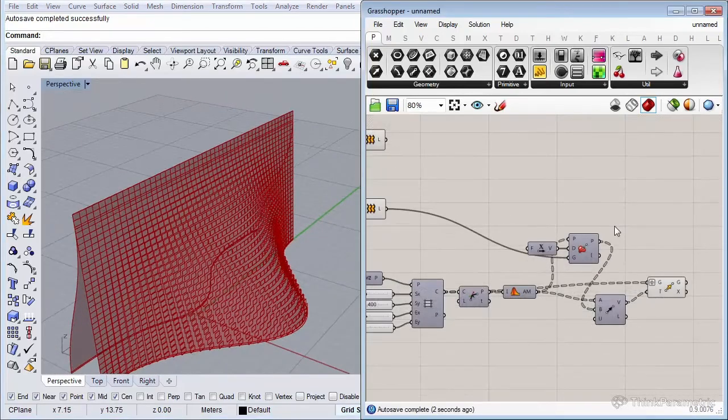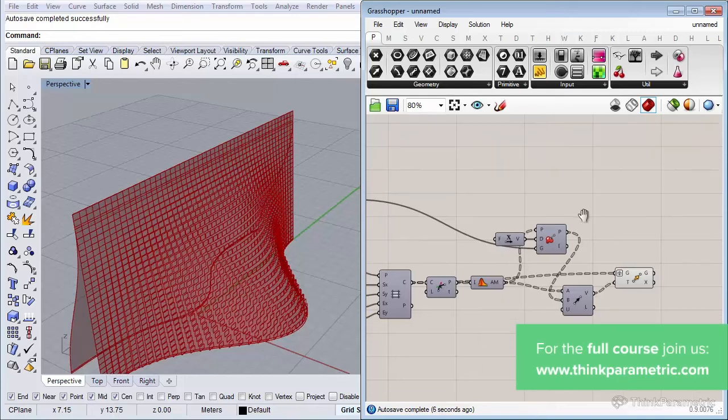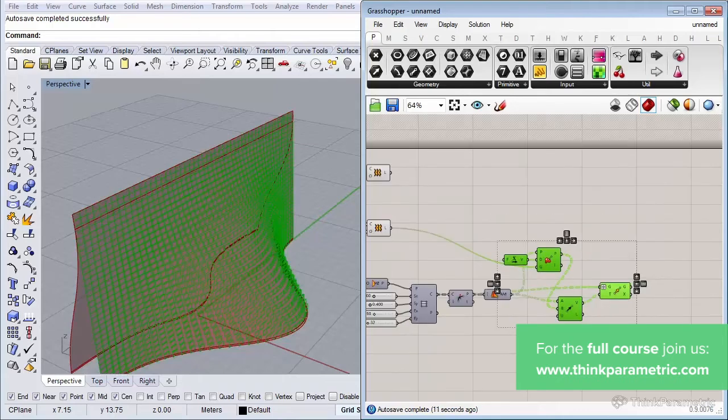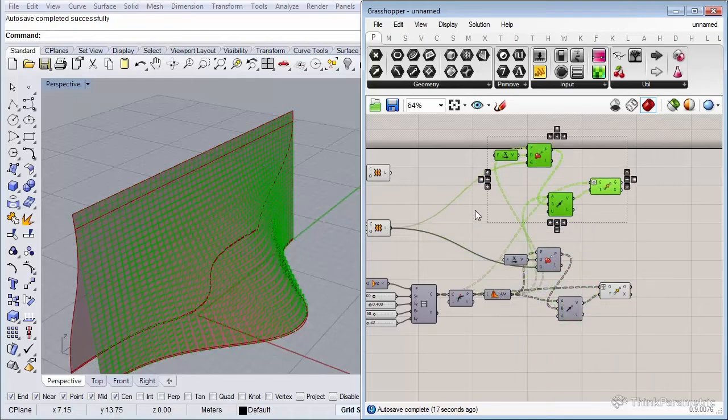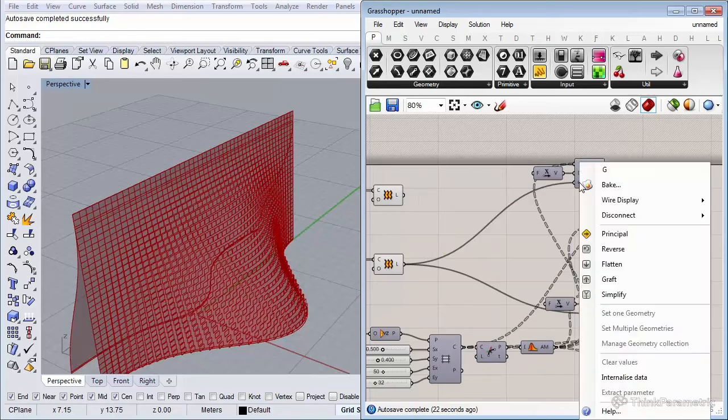So we can do the same thing for our left side as well. And let's copy the components we need for the left side, which is only going to be these ones. So simply hit Ctrl+C, Ctrl+V, move them up a little bit, and let's disconnect them. So we need to disconnect our geometry.